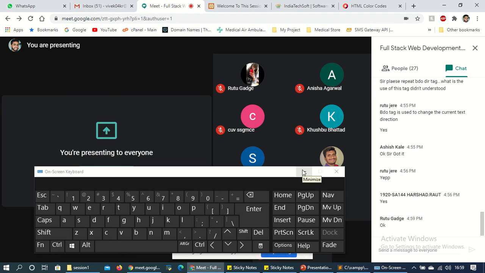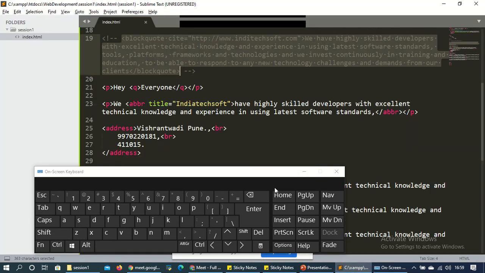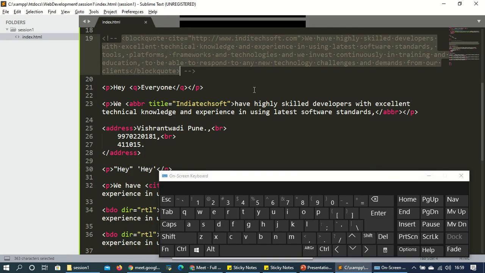So one is Control Shift plus what you have to remember. Okay, so I'm just writing here.